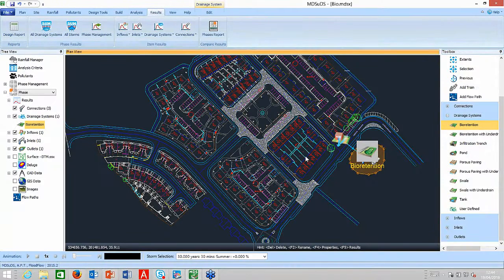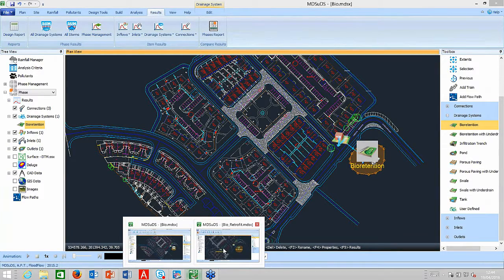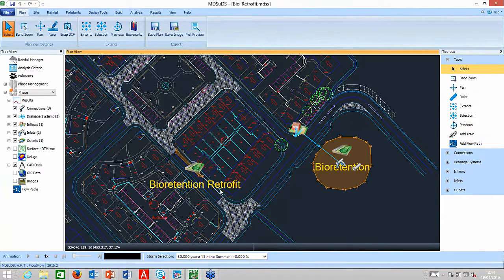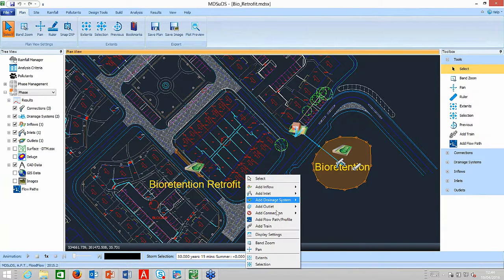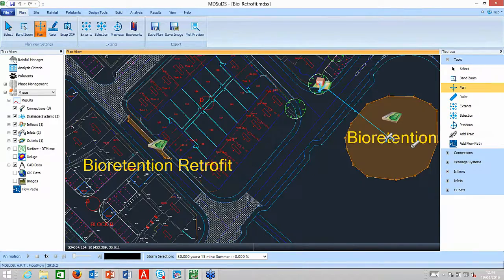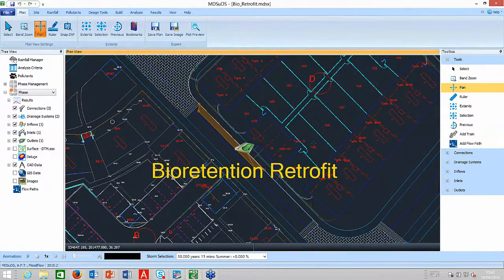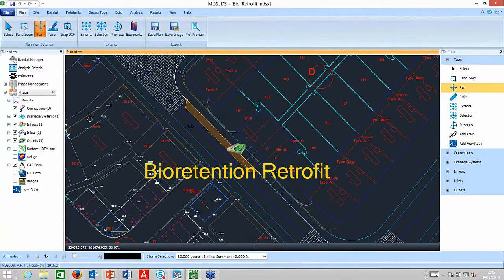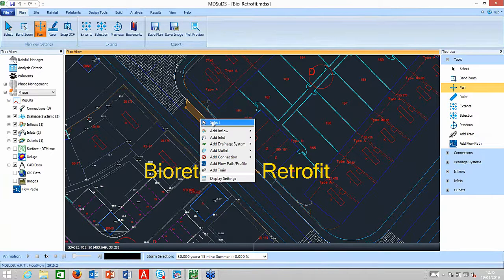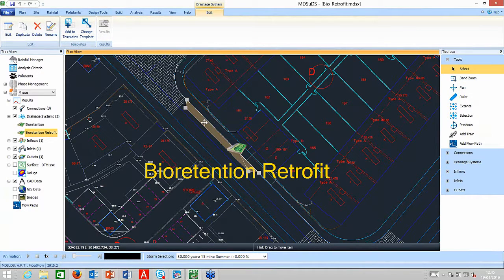So if I close down those analyses, I might show you another one actually, because of the nature of the beast, I've added another one in here, which is a retrofit. So I've just zoomed in on the highway, and I'm thinking of the Rainscape projects as well. So where you're in restricted land uptake situations, I've added in a bioretention area here that I've retrofitted in effect. So if I select it and double click it,